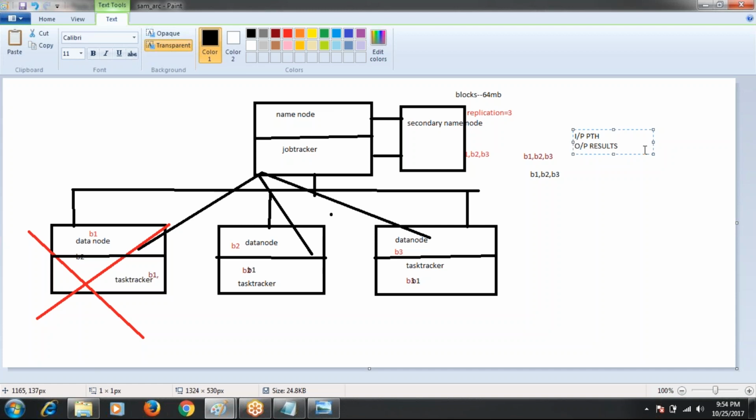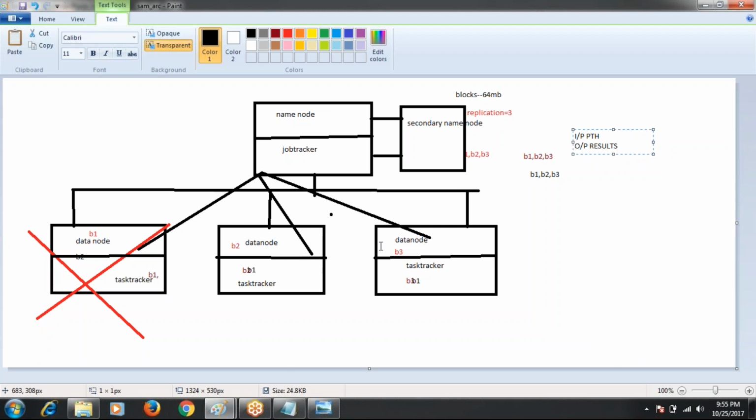In each and every slave machine we have a MapReduce service, right? What is that? Task tracker. For example, these are the three slaves we have, and on each slave machine we have one data node and one task tracker. In the first data node, block B1 is there, in the second data node B2, and in the third data node B3.